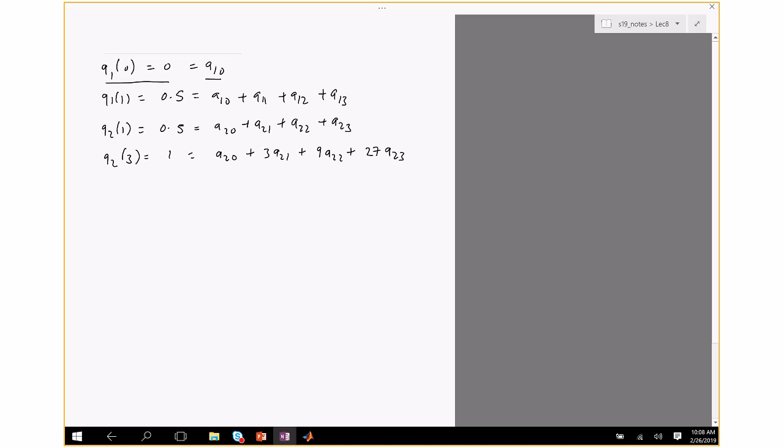Okay, those are 4 conditions. We have to still get 4 more conditions. So if you take this condition, q1 dot at 0 equals 0, the initial velocity is 0, you get that equals a11. If you put q2 dot at 3, the end velocity is 0, you get